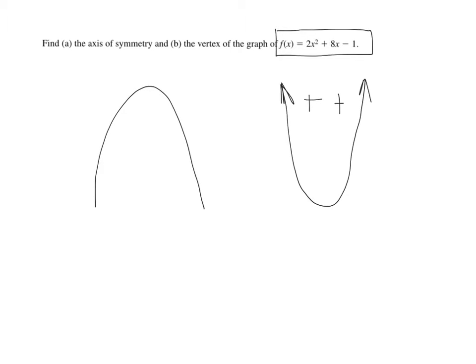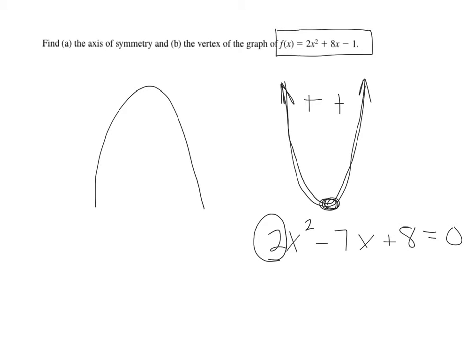So for example, if you had something like 2x squared minus 7x plus 8 equals 0, you can look at A, and if A is positive, you know it's going to look like this, which means it's going to have a low point. That's a valley. If it has a negative, so let's say negative 2x squared plus 8x minus 4